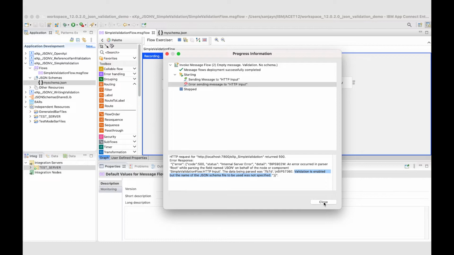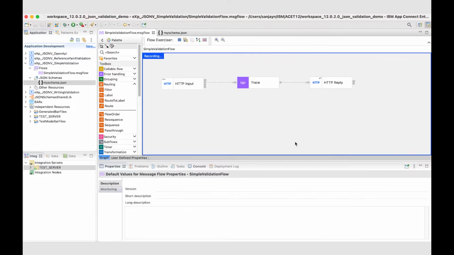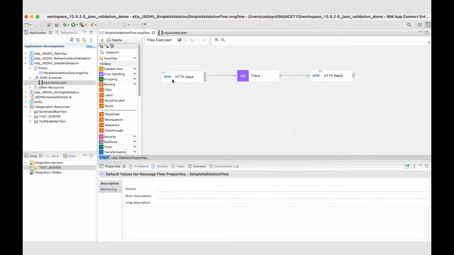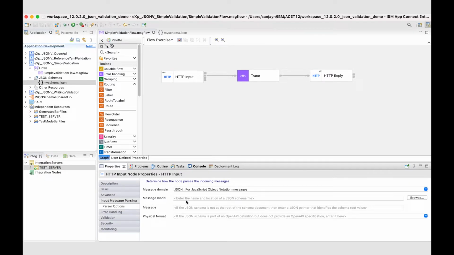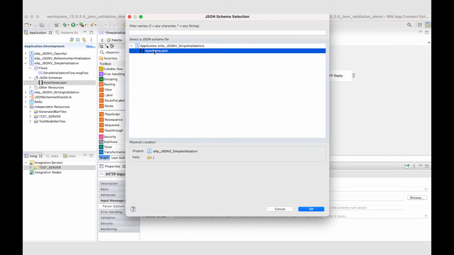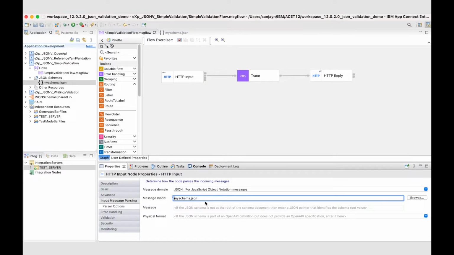So I've enabled validation, but I've not specified the message model which is to be used to validate the JSON message. So if I look at the input message parsing tab, I can see that I have not specified the JSON schema. So I can either type the location here, or I can use the browse button. And the JSON schema is in my application. For simplicity, it could be in a library. So I can click OK here, and it fills the field with the location of the JSON schema. So if I save that